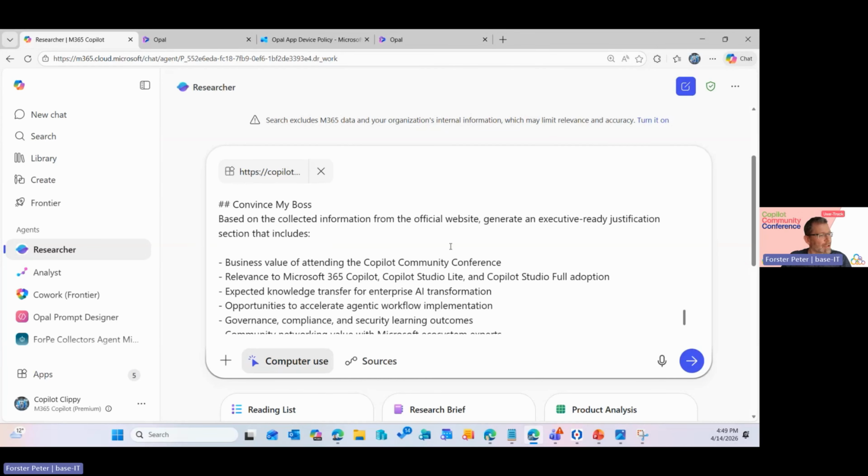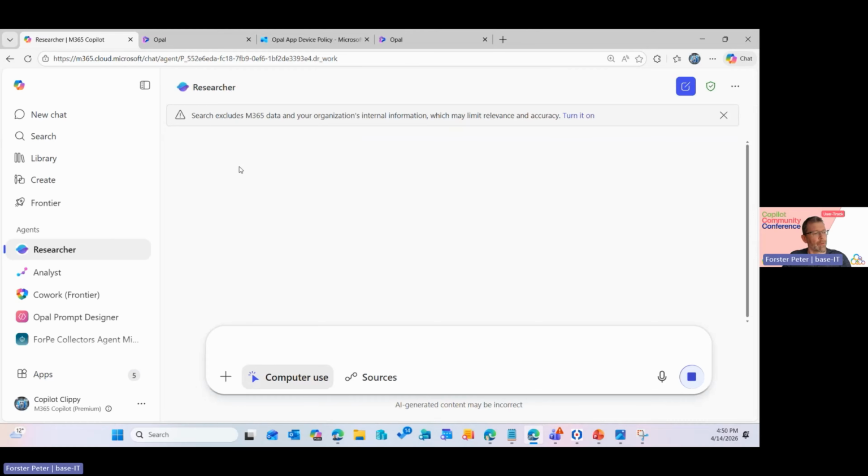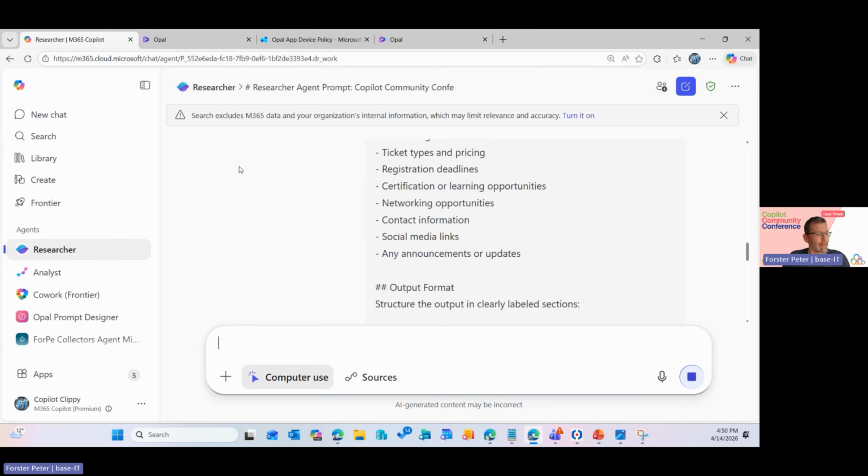And the primary functionality is the convince my boss functionality there. It should select the business value of attending, of course, the Copilot Community Conference. All the relevances, you can change this based on your requirements, of course. And the important thing right now is when I click on Start here,